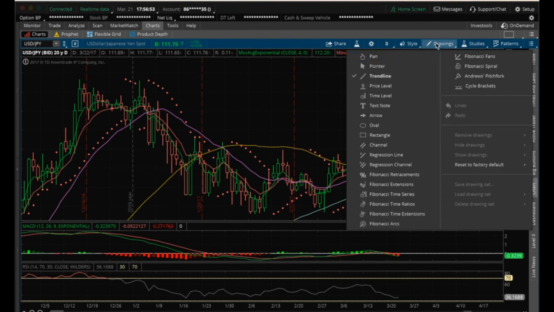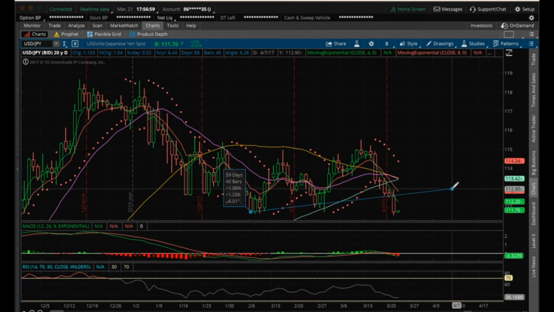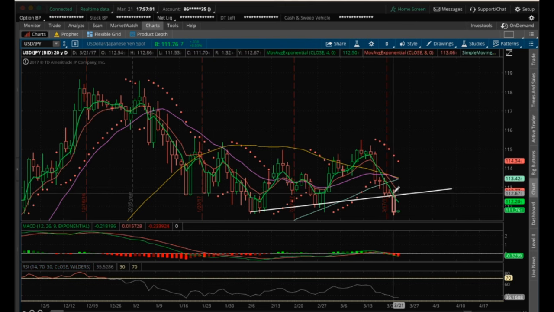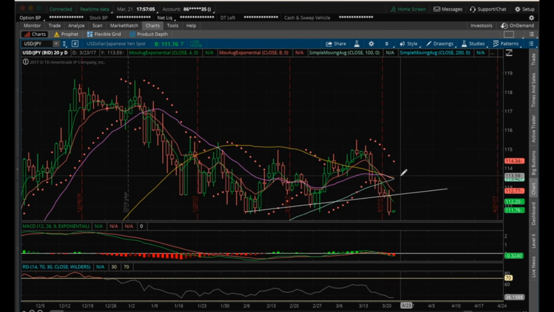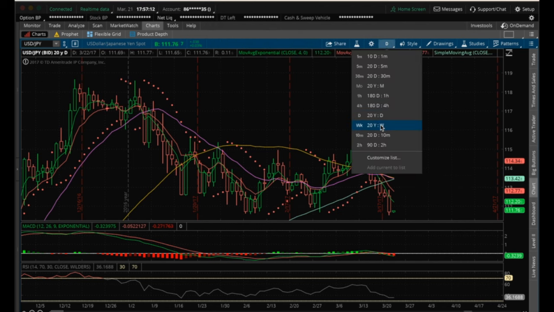And also on the daily, I had this uptrend line here, and once we broke under that uptrend line, it just further confirms, as another technical indicator, the weakness in the US dollar Japanese yen. And if you look at the weekly here, looking at the weekly US dollar Japanese yen,